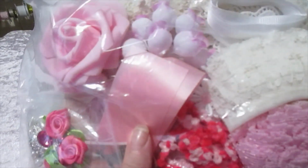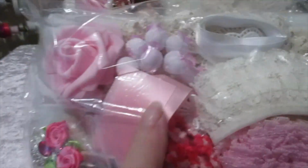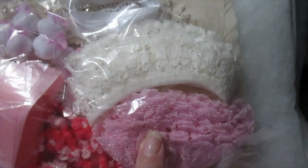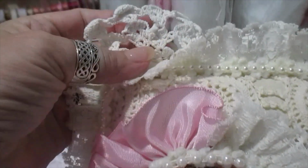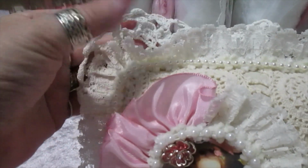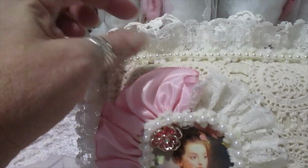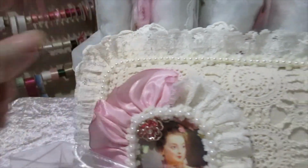You've got 2 meters of this ribbon, 2 meters of the white ribbon, 2 meters of the cream ribbon, and 1.5 meters of the pink ribbon. That's for your edging. When I did the doily one, if you've got a doily that you can cut up, I didn't have it to do 6 kits, and I've only done 6. So I've put enough in to do 2 rows of the